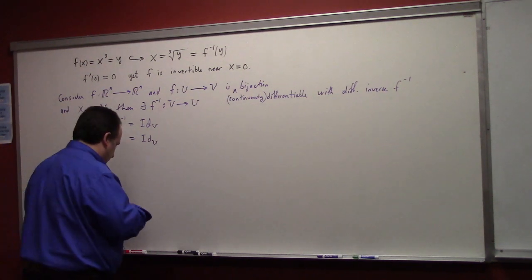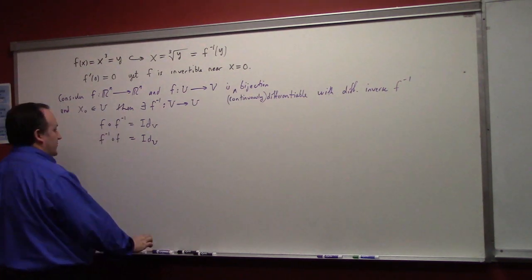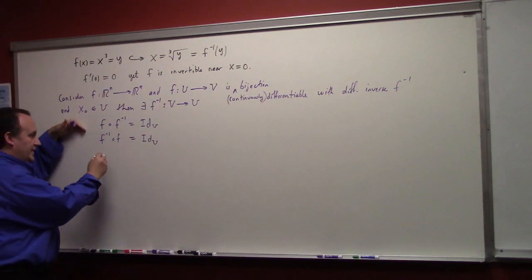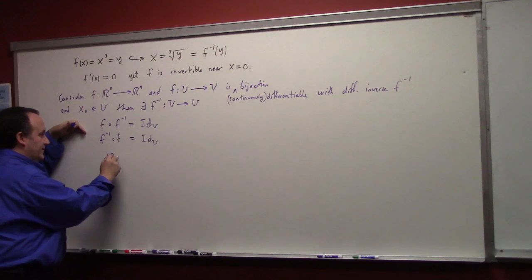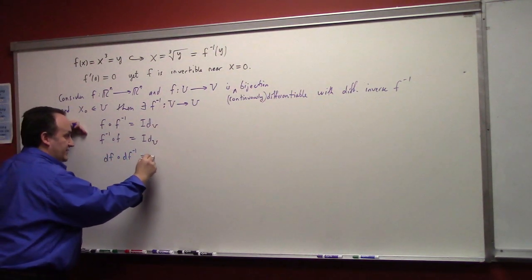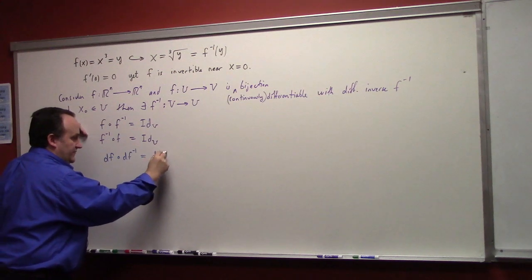We have the chain rule. And what does the chain rule tell me? Well, the chain rule tells me I can differentiate this. And what I get, among other things, is that the differential of f composed with the differential of the inverse of f is equal to the differential of the identity. But the differential of the identity,